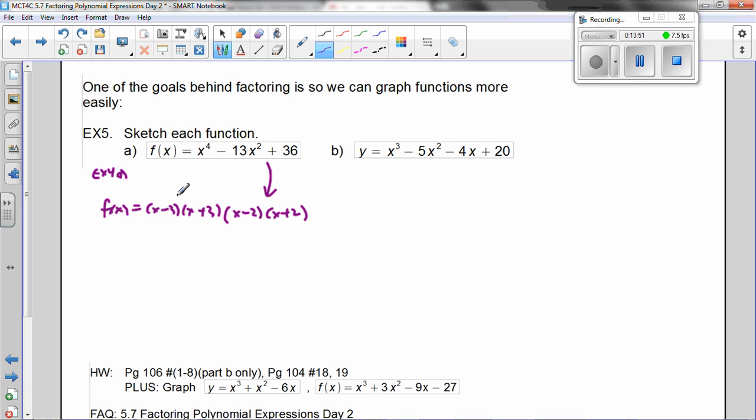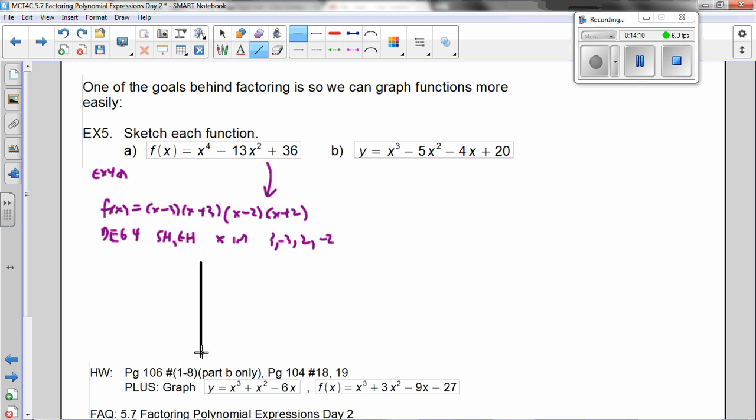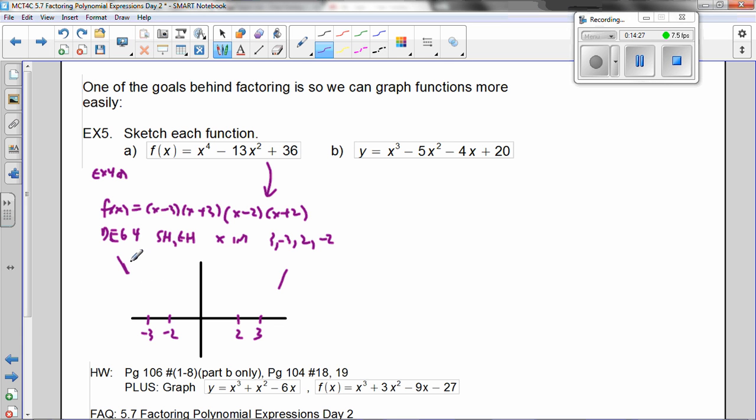Well, that's pretty awesome, because I can see this is a degree 4. Leading coefficient's positive, so I know it starts high and ends high. And then I've got all these x-intercepts: x-intercepts at 3, minus 3, 2, and minus 2. And that's going to be enough for me to do a pretty decent sketch of this thing, right? So minus 3, minus 2, and then over here 2 and 3. All of these are roots. I start high and end high. It's going to do something like this, right? Slash, slash,